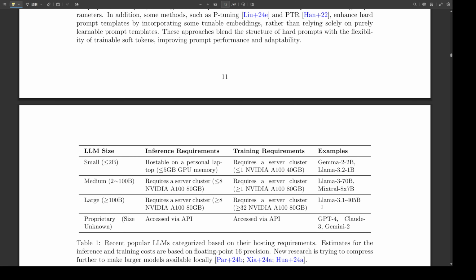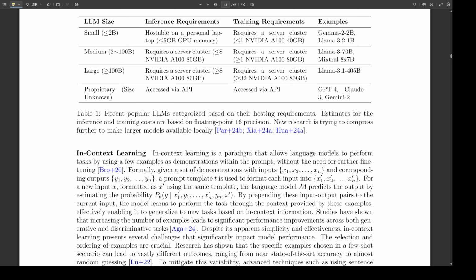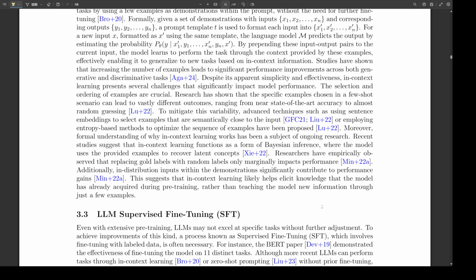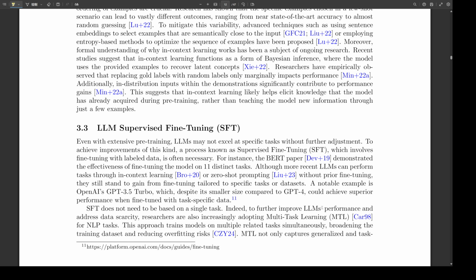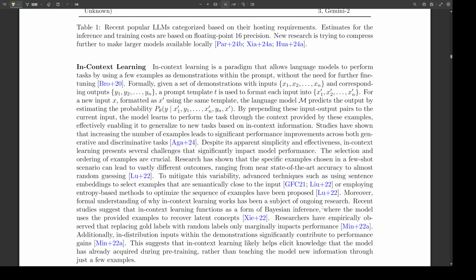So it's like giving the model a cue and it improvises from there. Exactly. And the art of crafting these prompts is a whole area of research called prompt engineering. There are different types of prompts. You have hard prompts, which are just natural language instructions, and you have soft prompts, which are more like embeddings that are prepended to the input. And there are hybrid approaches that combine the two. So it's about figuring out the best way to communicate with the model to guide it toward the desired output.